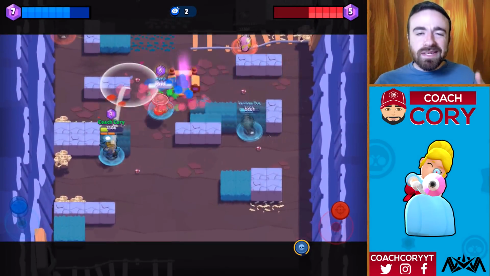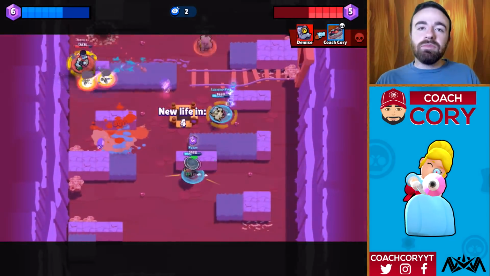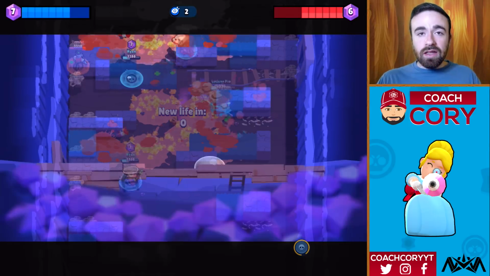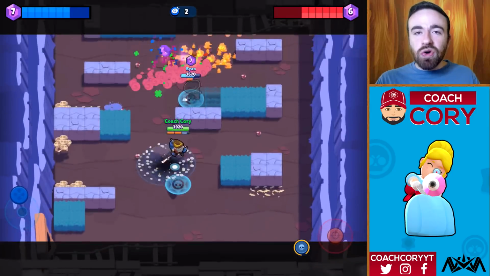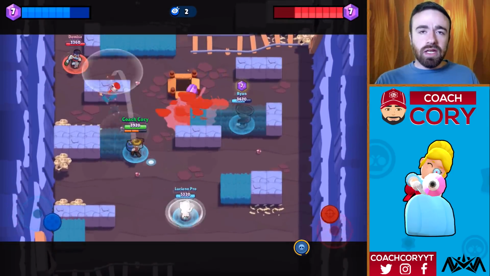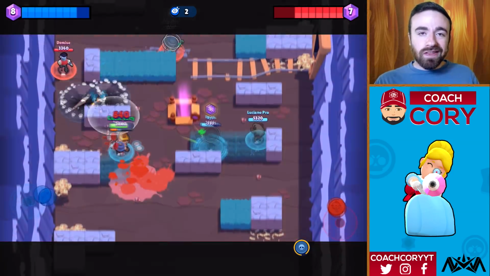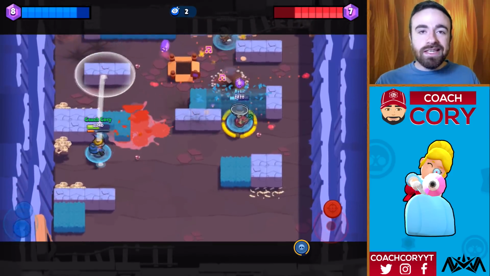Alright, so now let's talk about positioning on this map and lanes in general. In a lot of Gem Grab maps, you usually want to have the aggro go on one side of the map and the support brawler go on the other. On this map, it's not so clear. It's not as important to start on one side or the other. In general, I do recommend the thrower start on the left side, but the most important thing on Deep Hollows